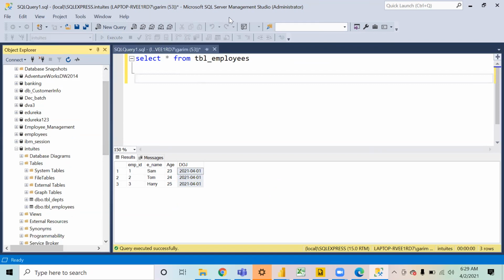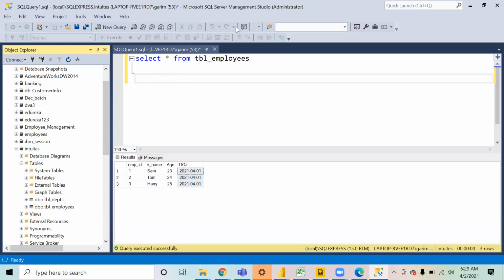I hope you all are able to open this up. It's disconnected for me. I tried to connect it again to the database engine. It's not connecting back. It's still showing disconnected at the bottom.